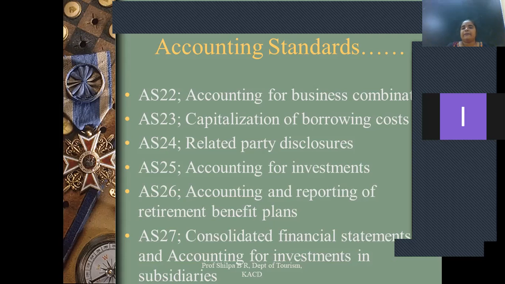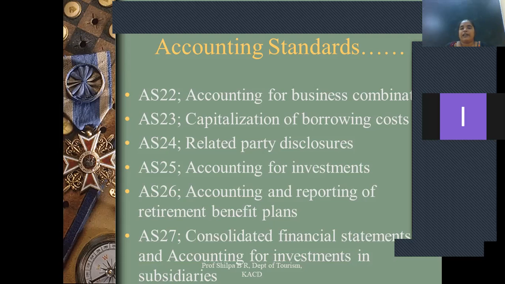Next, related party disclosure. Related party disclosures are about the owners, the board of directors, or anybody who is related to your business, and you have to disclose particular things: the amount of profit made, the cost, how much they have taken back of their investment, whether they have taken any other loan from your company. So any transactions, inflows or outflows, between the company and the owners or board of directors are given in related party disclosures.